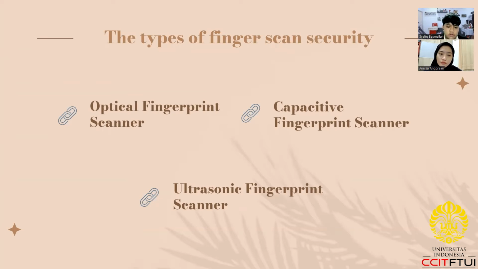And the last one, we have the ultrasonic fingerprint scanner. Ultrasonic waves are emitted when the finger is placed on the surface. These are thrown back by the finger and hit the sensor again. A specific pattern of the finger is created. This relatively new method enables the sensor to be attached under the glass.